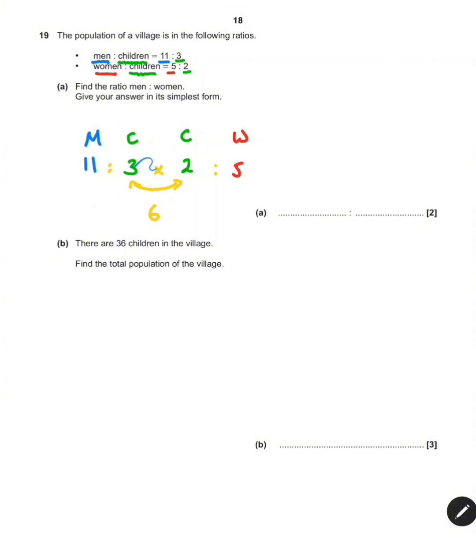So here, that 3 was multiplied by 2 to get 6. I'm going to multiply this 11 by 2, and that would give me 22. On the second ratio, this 2 was multiplied by 3 to get 6. So I'm going to take this 5 and multiply by 3. 5 3s are 15. And what we've got now is a ratio that is